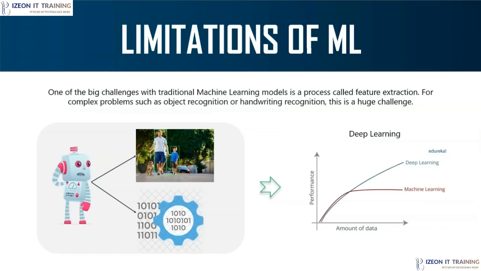So far in all our demos, we saw that we were providing predictor variables, input variables that will help us predict the outcome, right? We were trying to find correlations between variables and trying to find the variable that is very important in predicting the output variable. So this becomes a challenge for the programmer. That's why it's very difficult to apply machine learning models to complex problems like object recognition, handwriting recognition, natural language processing, and so on. Now, all these problems and all these limitations in machine learning